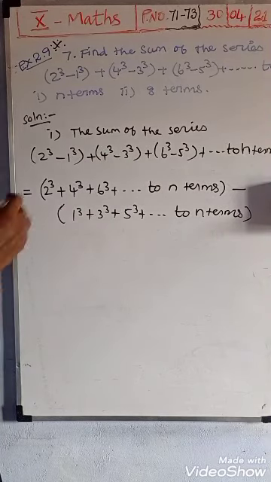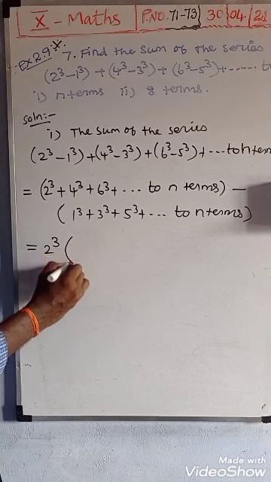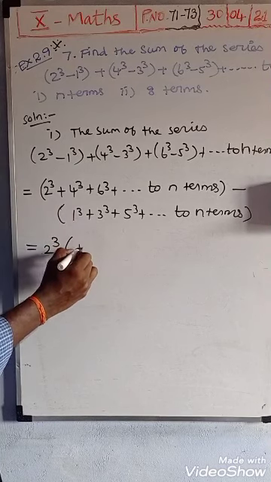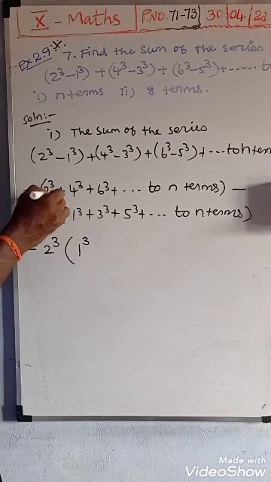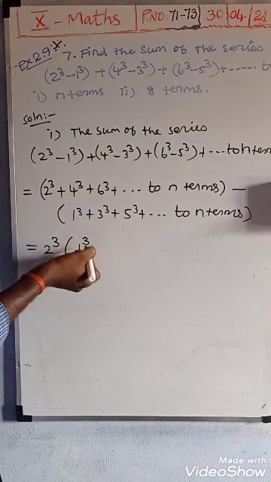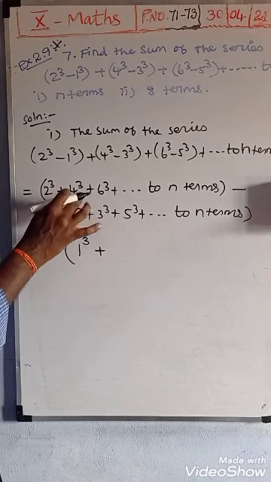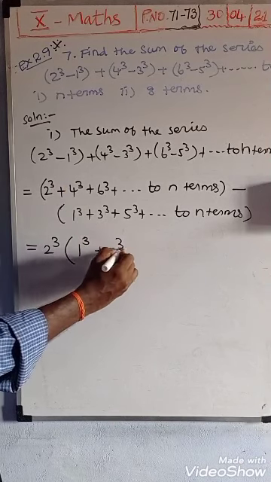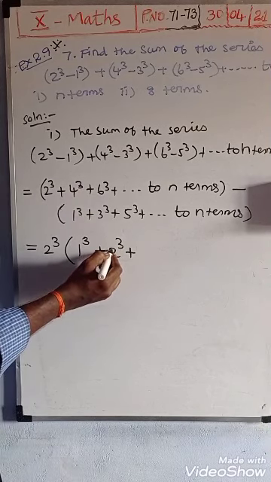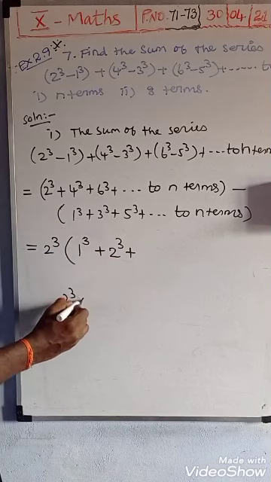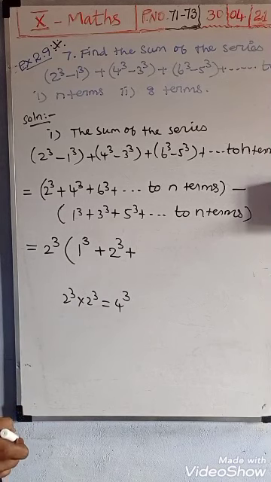Now in the first term, the even numbers, 2 is common, so 2 cube is common. 2 cube you take outside, remaining 1 is the meaning. So 1 we can change into 1 cube, 1 power anything is 1 only. 2 cube went outside, remaining 1. Okay, 1 we can change into 1 cube. Here 1 cube plus here 4 cube, 2 cube went outside means remaining 2 cube will be there. Okay. Already here is a cube, you will think why is a cube written here. Okay. You simplify and see, 2 cube into 2 cube, you should multiply and you will get 4 power cube.